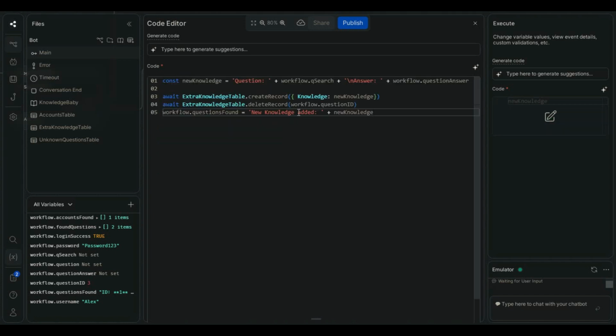So what's happening in here? Let me create another brief explanation for you. We are storing some text inside a variable, and what is this text? This text is basically the question and the answer for that question. It's like a Q&A that we are going to store inside the extra knowledge table. And we are creating a record using this